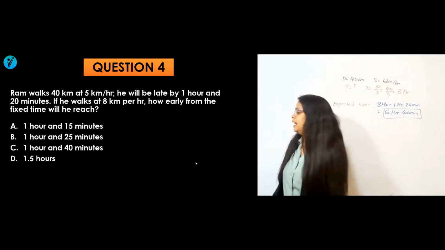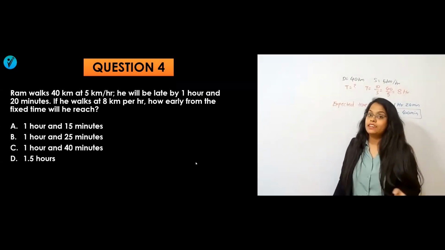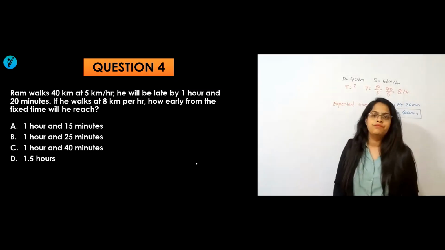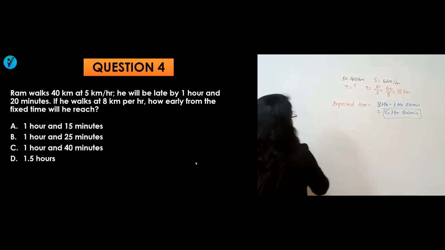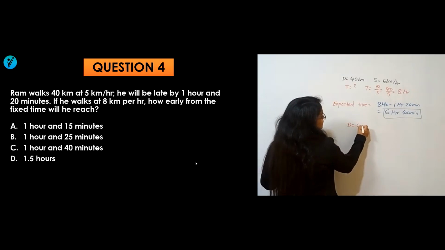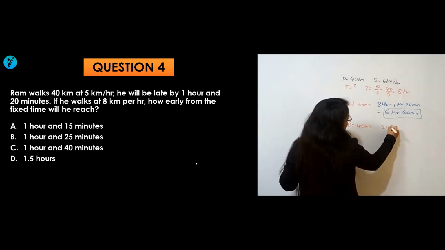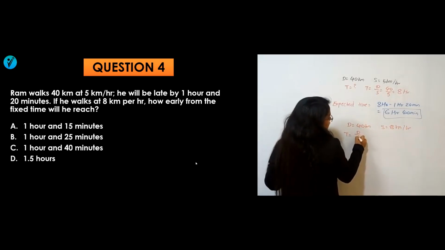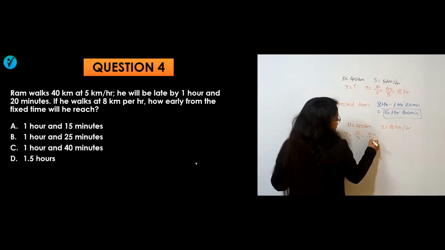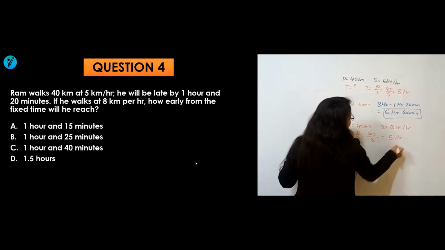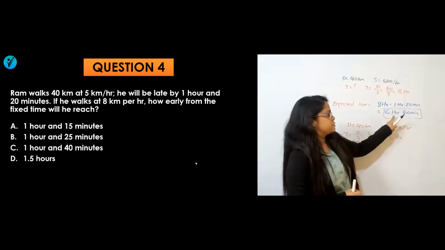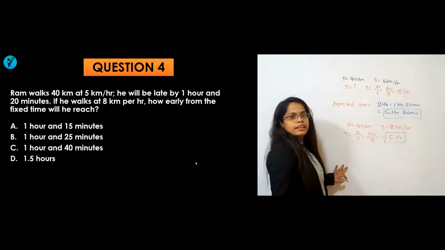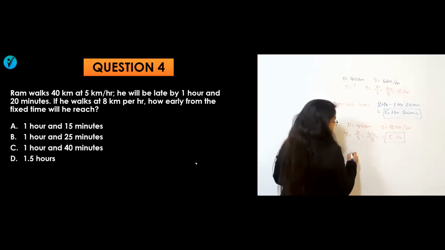Then what are they saying? If he walks at 8 kilometer per hour, how early from the fixed time will he reach? Now again for the same distance 40 kilometer, if he is going with 8 kilometer per hour, what will be its time required? Time required will be D by S, that means 40 by 8, which is equal to 5 hours. So this was the expected time, but he is reaching in 5 hours. So how early has he reached? He has reached early